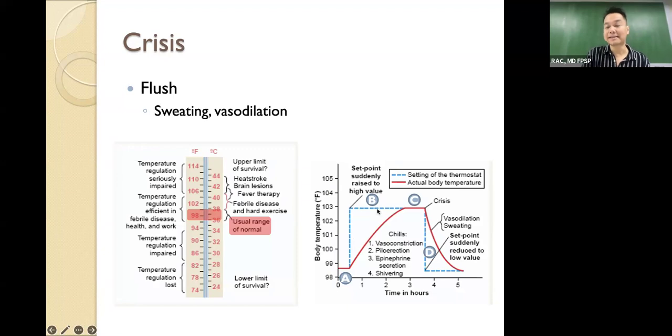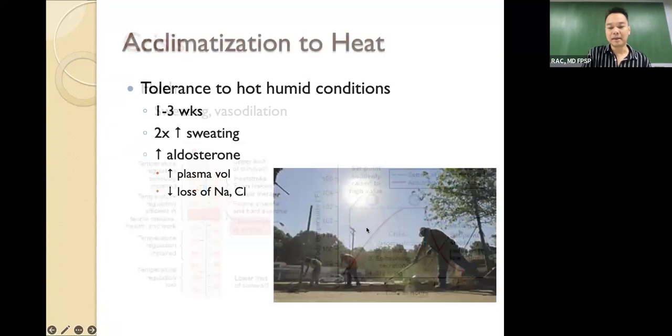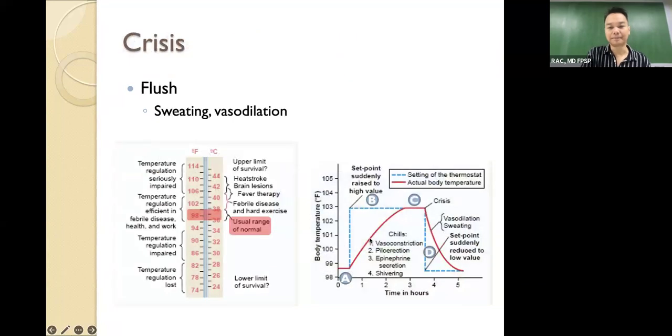So if you look at the diagram here, the red line would be the actual body temperature. The dotted blue line is the set point. So mark A or area A here is when you have normal body temperature, normal set point, so you don't have the symptoms yet. However, region B is when you have fever and chills. So fever because your body temperature is greater than normal, but your body temperature has not matched the set point. So you experience chills. So at region B, you have fever and chills.